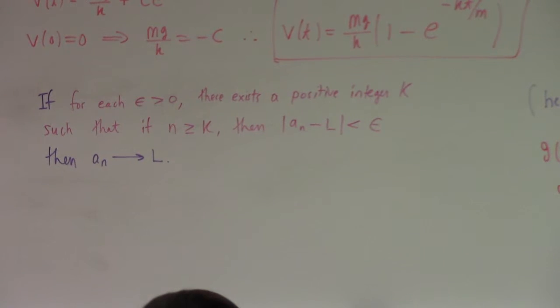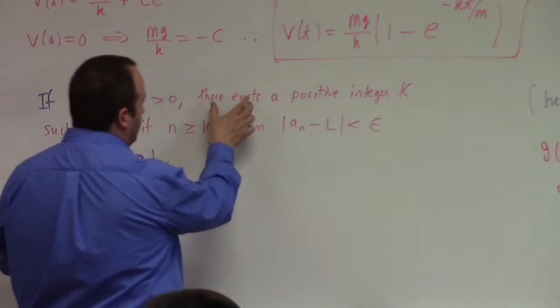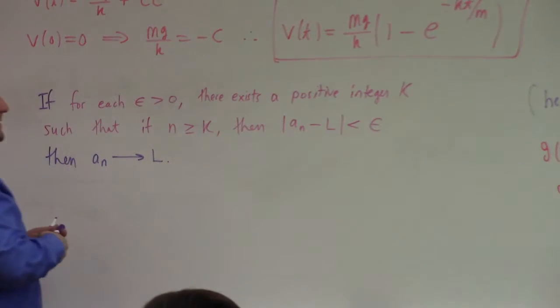Important aspects of the theorem. Epsilon, you don't choose. Okay? You have to have epsilon greater than 0. It's an arbitrary epsilon. You don't get to pick it. Then there has to exist a positive integer k such that if n is greater than or equal to k,